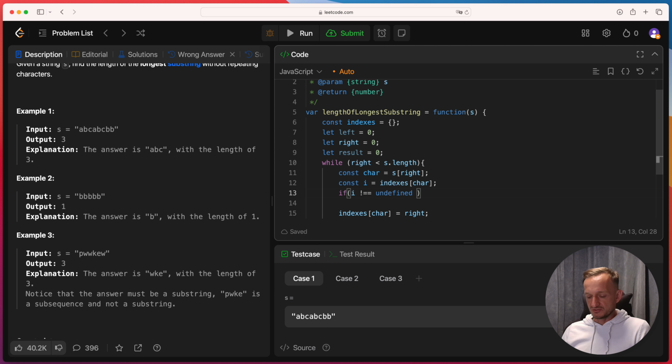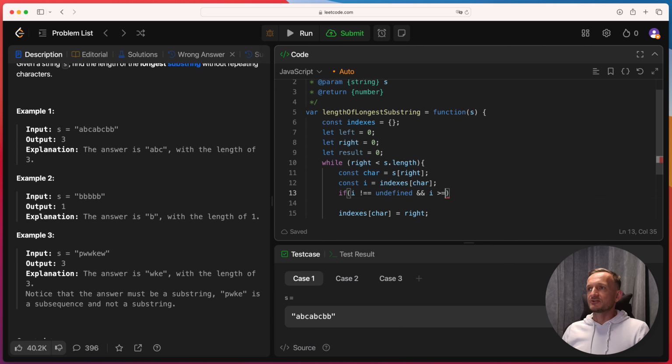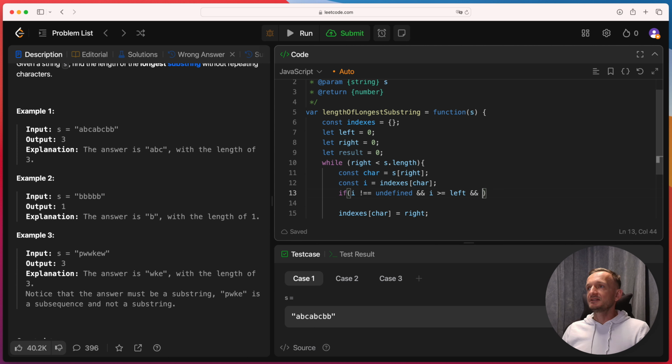But we also need to account for whether the index of this last occurrence is in our current window of left and right that we are currently checking, like let's say our substring. So we'll be checking if i is greater than or equal to our left marker and if our i is less than right. So if we are in our current window that we are checking, in our current substring, then